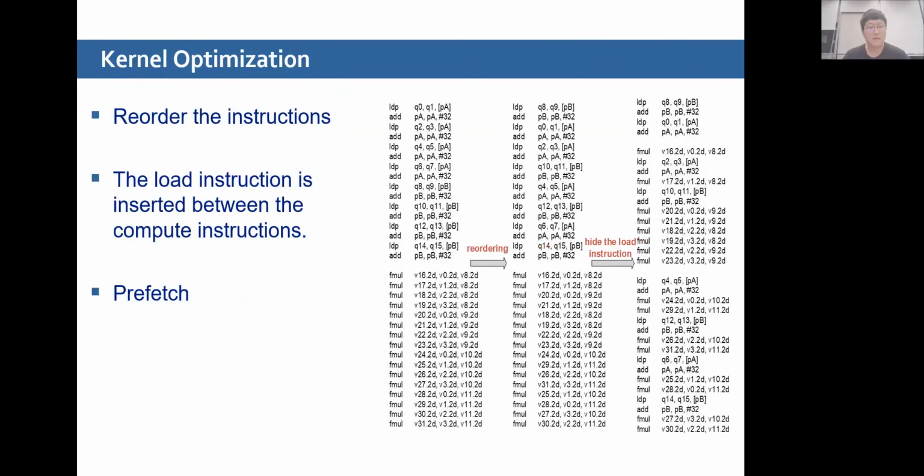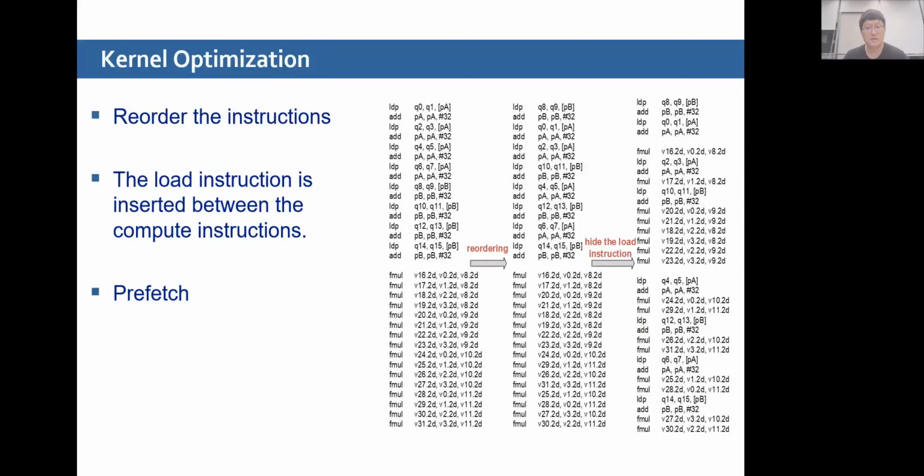Our kernel optimizer optimizes kernels to minimize pipeline blocks, as shown in the figure. The kernel optimizer will first reorder the instructions so that there is a large enough gap between two related instructions to eliminate pipeline block. The load instruction is then inserted between the calculation instructions so that the calculation instruction has